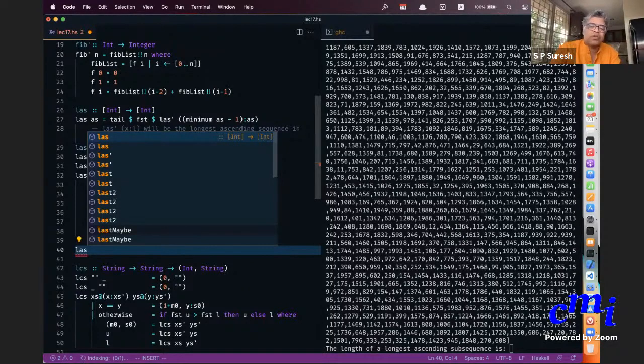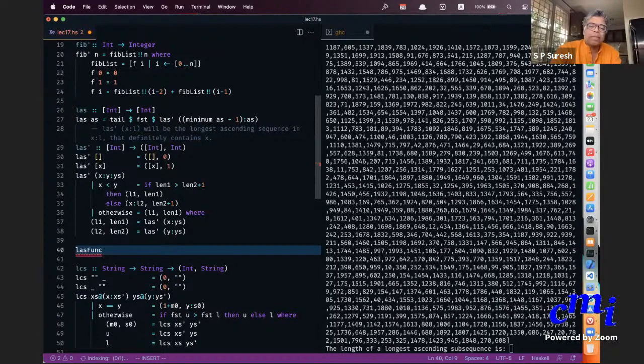Let's call it LAS. Its input will not be an integer list, but it will actually be two. There is a fixed list in the background.